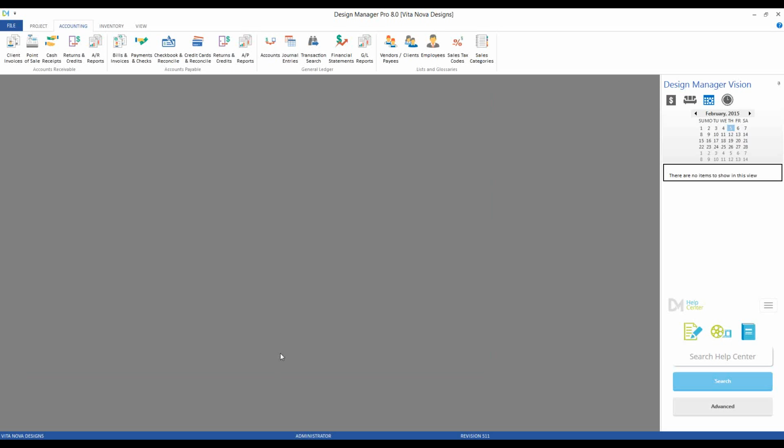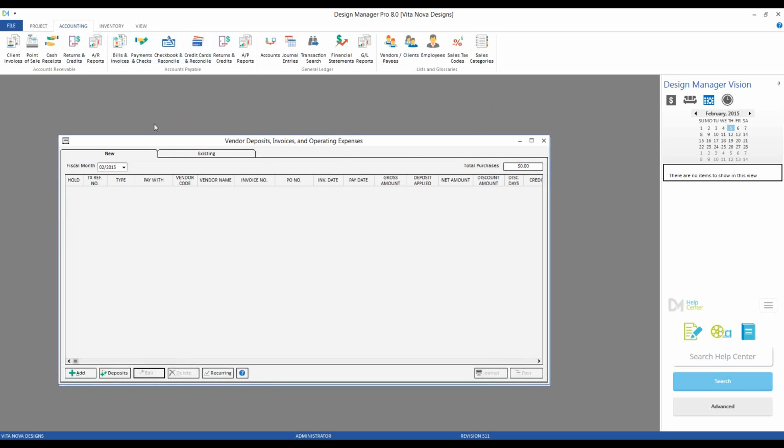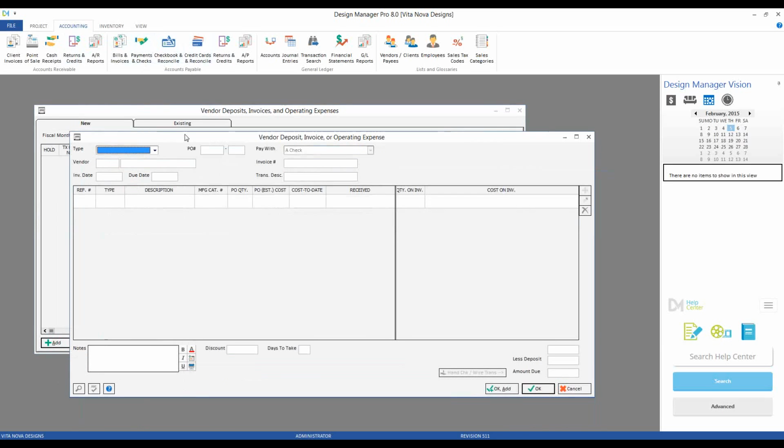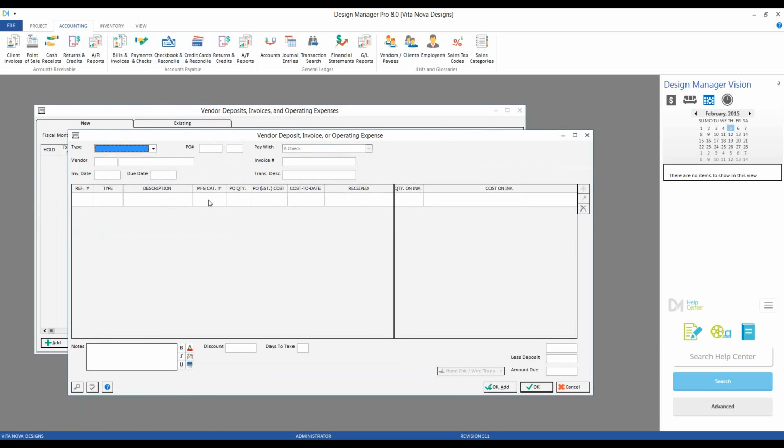Lastly, let's take a look at how we can skip or bypass costs going through work in process. First, when we're recording our bills from our vendors, we can manually tell Design Manager to bypass or skip the work in process procedure. So in professional, let's say I am adding, how about a freight charge, or even a vendor invoice. If we select